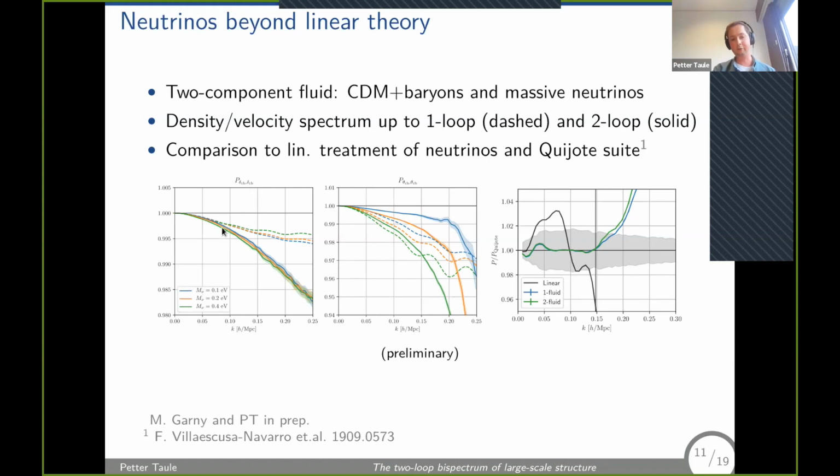But this is still just the bare, unrenormalized quantities. So again, going to large scales here, the perturbation theory breaks down and the two-loop difference becomes very large. But on smaller scales, we have less than a percent deviation here. While for the velocity spectrum, the difference is quite a bit larger, at least for the largest neutrino mass